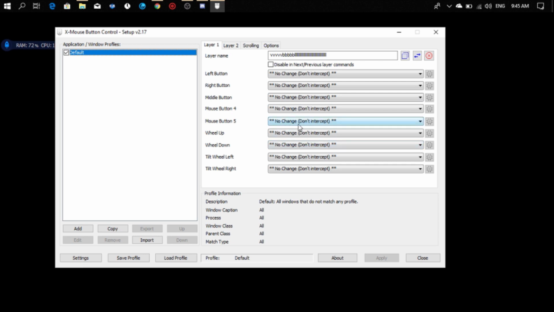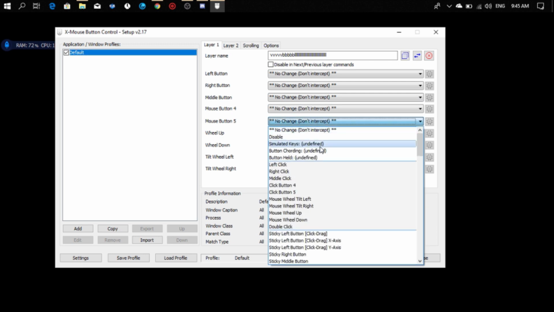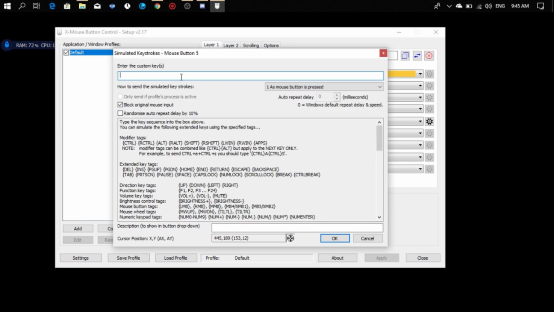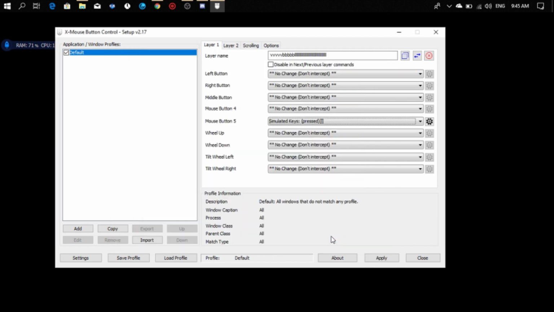I want this button to be my flow in creative instruction. So I will click on this here, open it and go to simulate keys on the file. And then I will choose a key. So the key that is my flow, L. That is my flow. So I will click on OK,